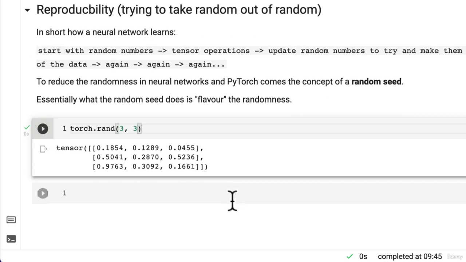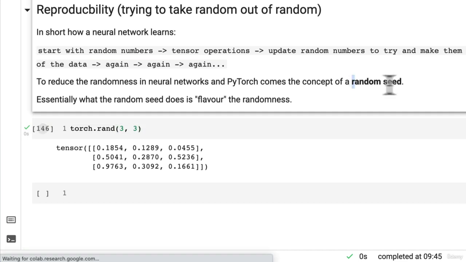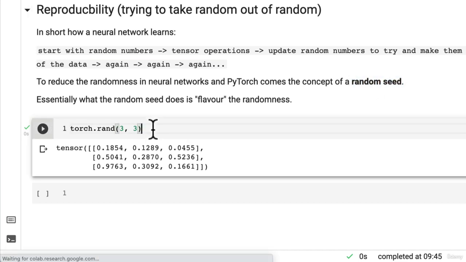And actually there's arguments against this, and it's quite a big debate in the computer science topic, but I am not a computer scientist, I am a machine learning engineer. So computers are fundamentally deterministic. It means they run the same steps over and over again. So the randomness we're doing here is referred to as pseudo-randomness or generated randomness. And the random seed, which is what you see a lot in machine learning experiments, flavors that randomness.